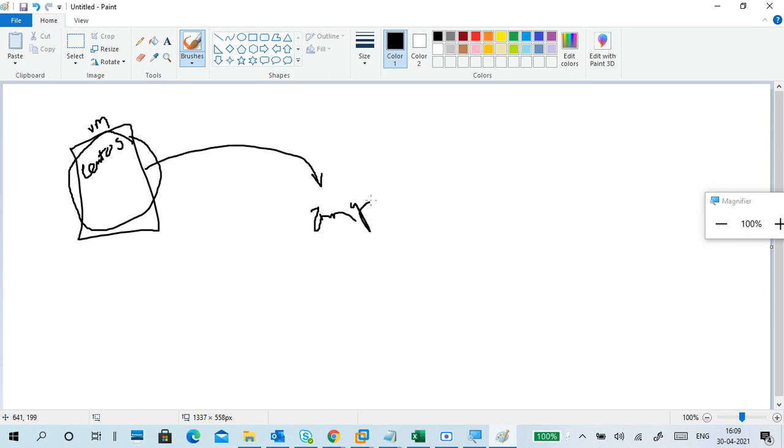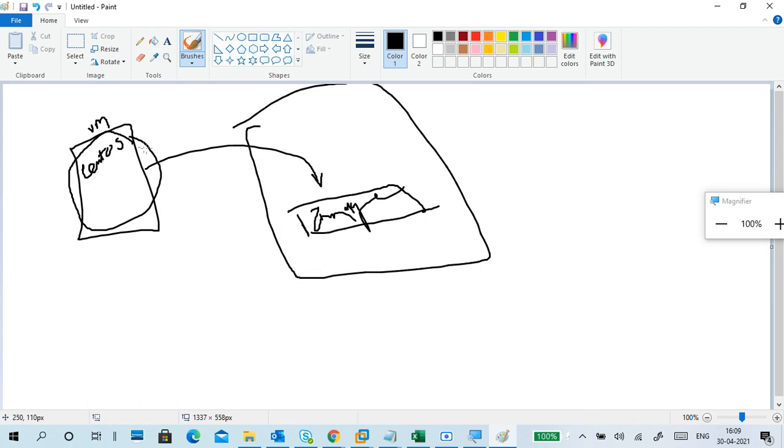That's the question, right? You install CentOS in a virtual machine and you want to make that an image, then you can create a container on it, right?